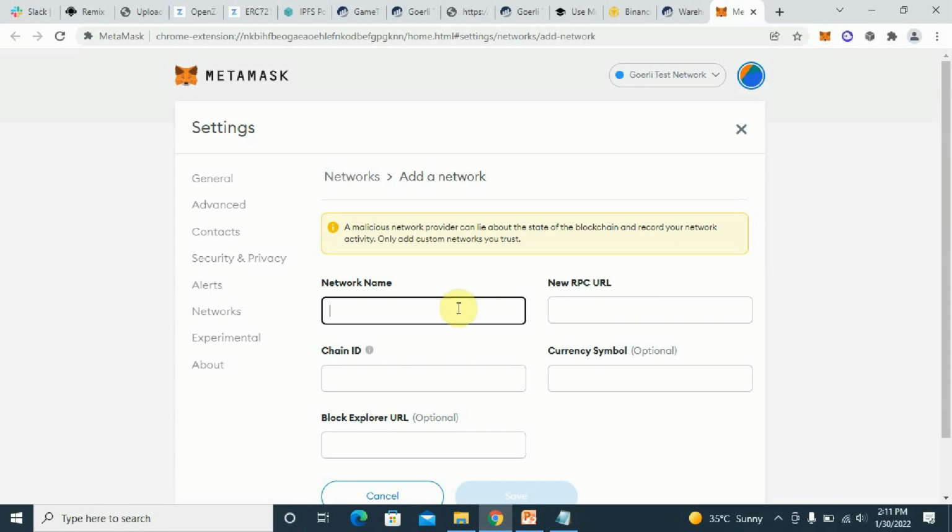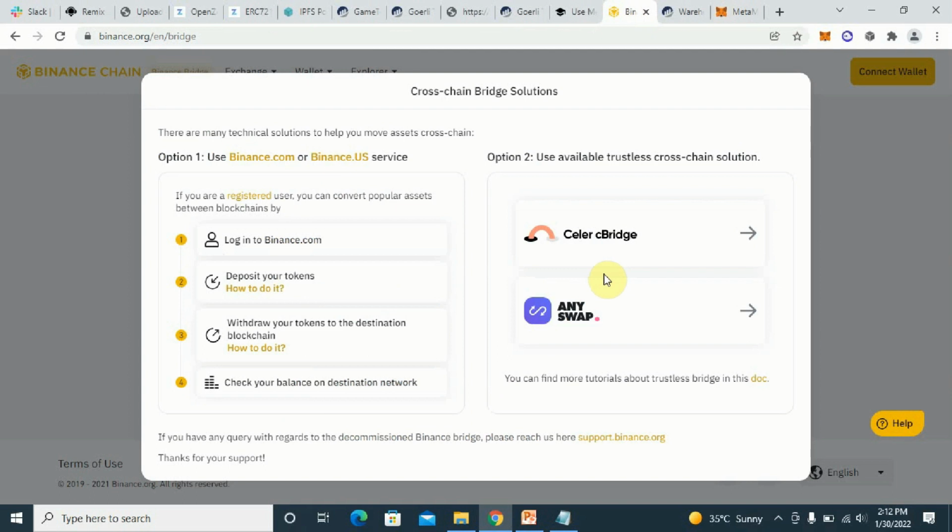Good. So the network name we can say is test b. We can just say Binance test. So, and the new RPC URL, okay, the chain ID here will say it is 97. The new RPC URL is